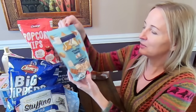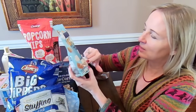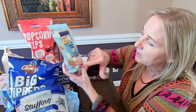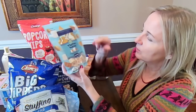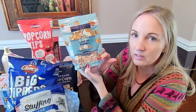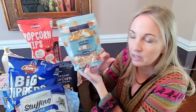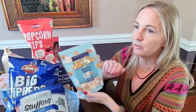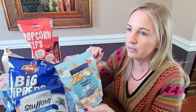And so the little Reese's cup looking things, I don't see any right now. I see peanuts, maybe a honey roasted peanut over here. But we have this nice little window that's open and you can see the product inside of there, so you know what you're getting. It's Fluffernutter,